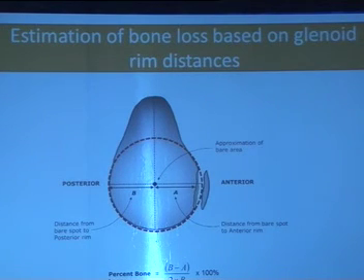So in our practice we often use the glenoid rim distance method, wherein again we draw a circle and see from the midpoint how much is the bone loss anteriorly, and with a formula try to evaluate it. Any bone loss more than 25%